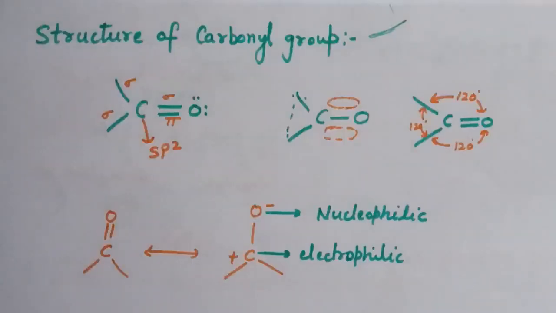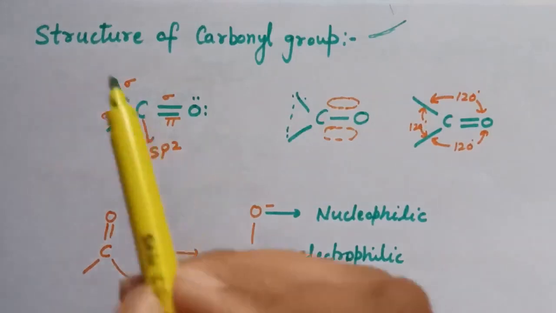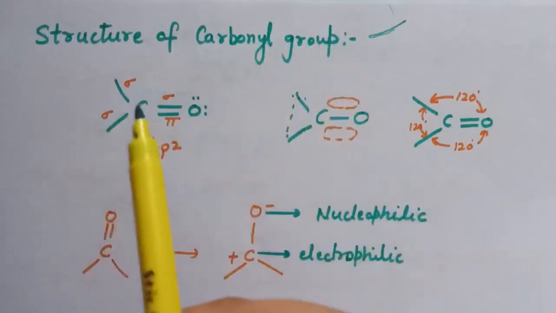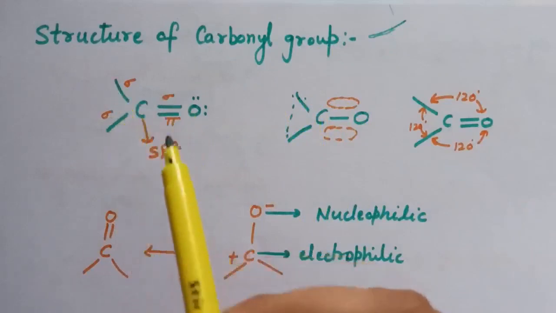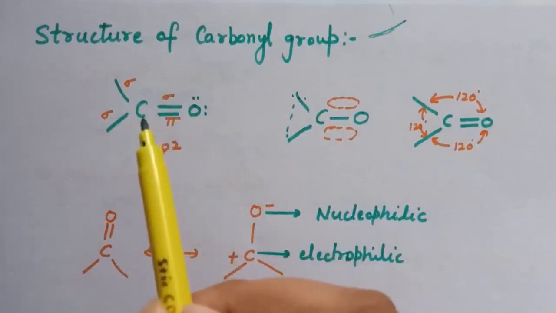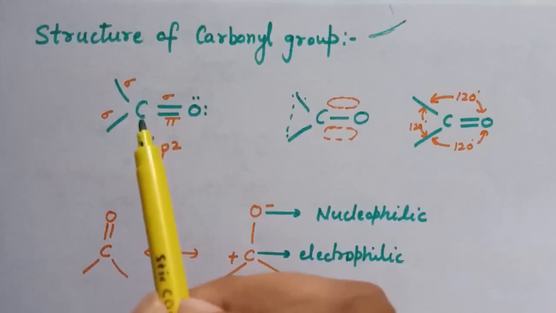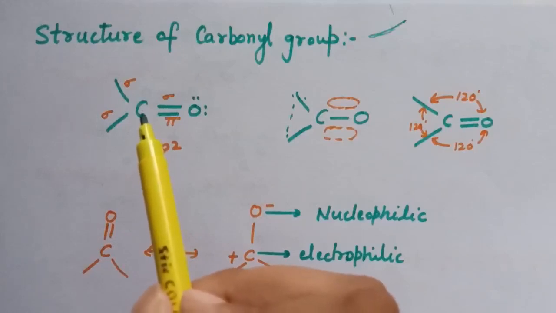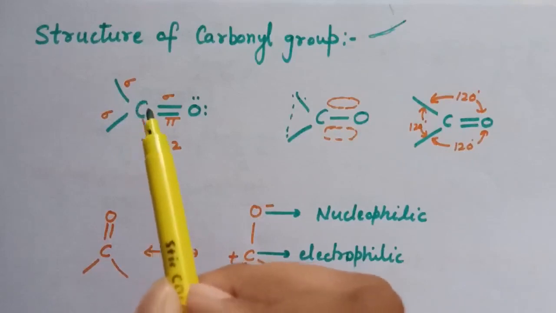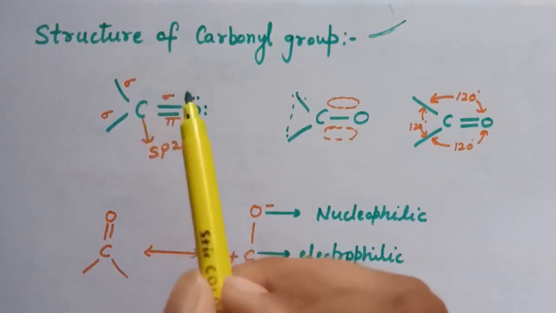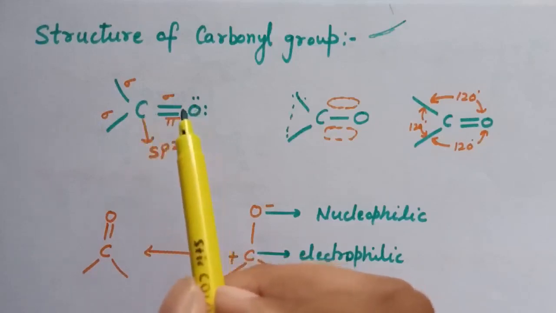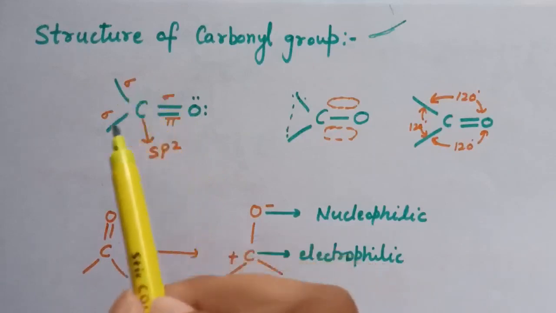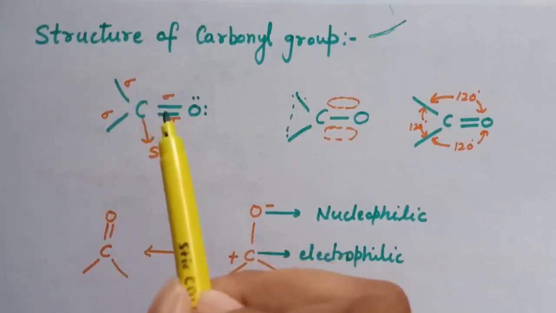In the previous lecture, we have discussed the nomenclature for aldehydes and ketones. Now next is structure of carbonyl group. The carbonyl carbon atom is sp2 hybridized and it forms 3 sigma bonds, whereas the fourth valence electron of carbon remains in its p orbital, and this fourth valence electron in p orbital overlaps with the p orbital of oxygen and forms a pi bond between carbon and oxygen. So here in carbonyl group there are 3 sigma bonds and one pi bond.